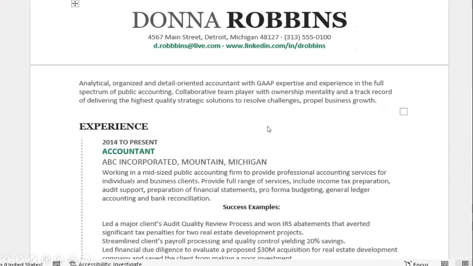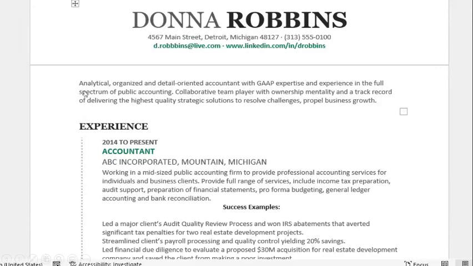Okay, since we are talking about the resume, let me quickly go through it with you so that you can make an attractive resume. The first section is about the biodata: your name, address, and phone number always come on the top, and then your email address and LinkedIn profile. LinkedIn profile is very popular nowadays. So you always have to create a LinkedIn profile, and then you have to add your resume.